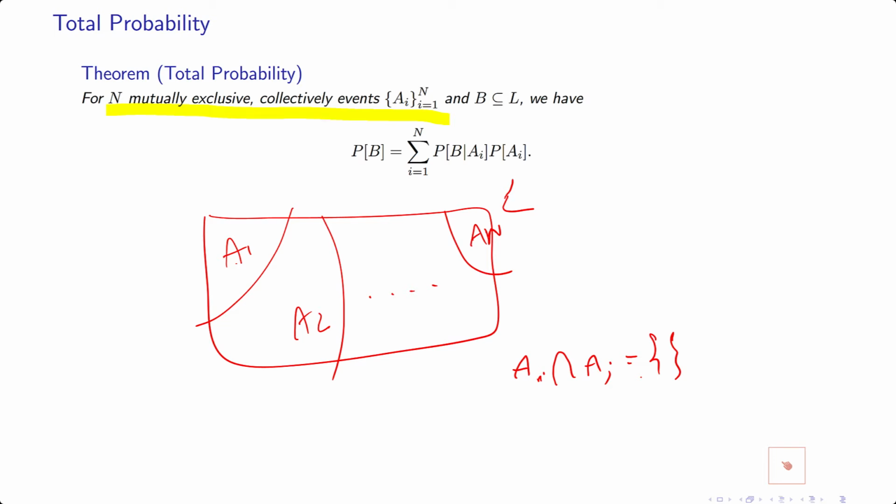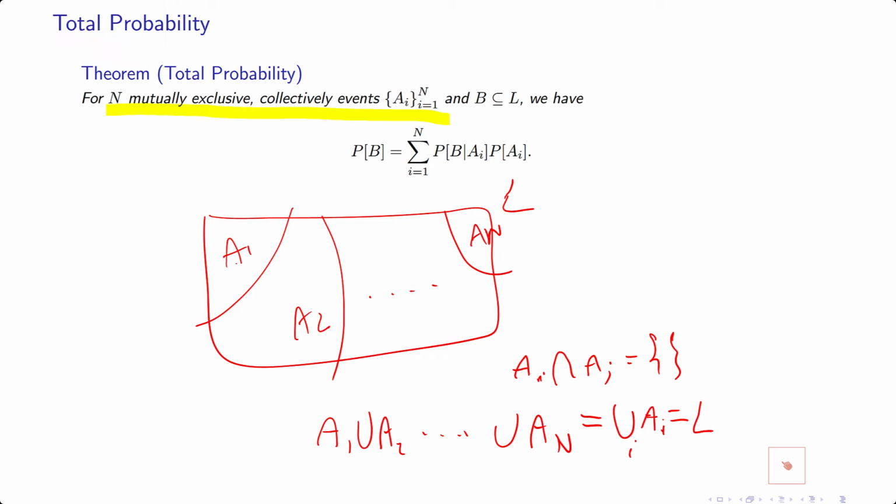And the second thing is that the union of these, so A1 union A2, etc., union An, which I abbreviate as union over i of Ai, creates the whole sample space. So they're all possible outcomes. So no point is outside of all of them. So every point appears only in one of them. In that case, if you have any other event,